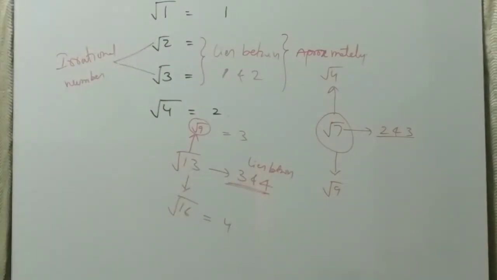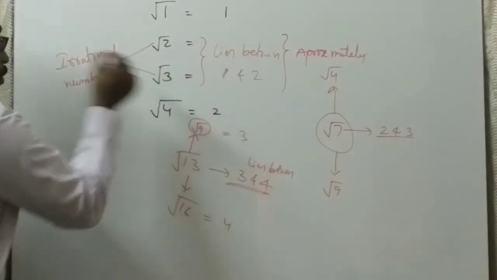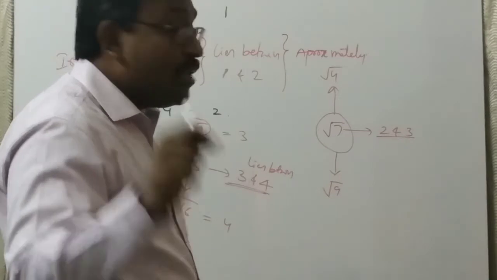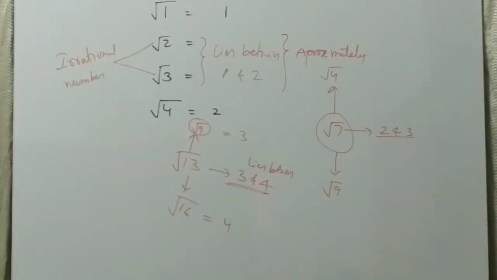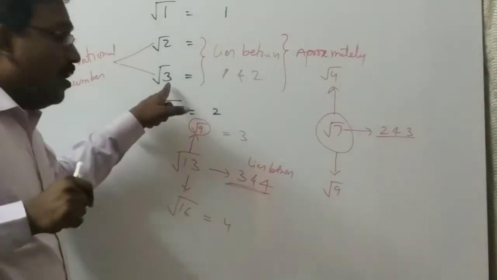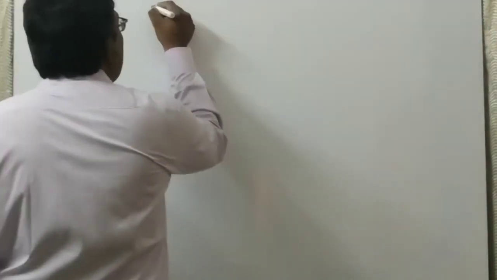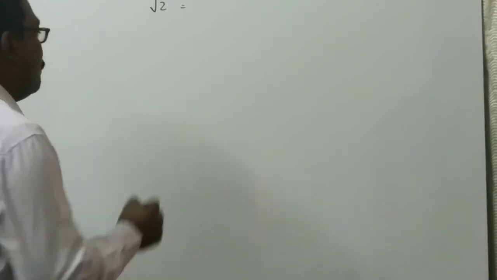We can find out the root of irrational numbers like root 2 or 13 or 7 or root 3. We can find out the square root of irrational numbers approximately by using the long division method. Now we are applying the long division method for irrational numbers. Okay. Now we'll find out what is the value of root 2.